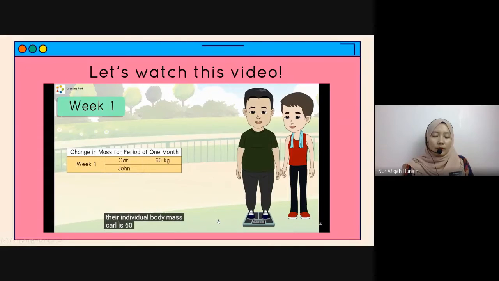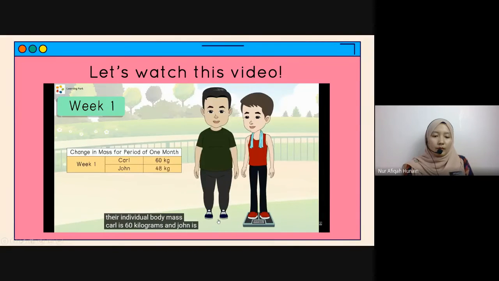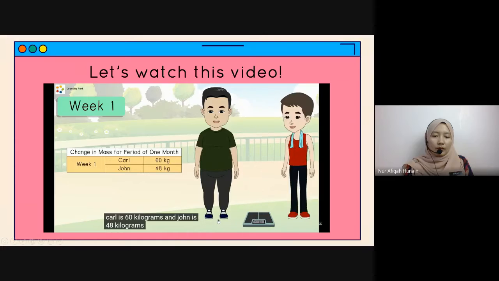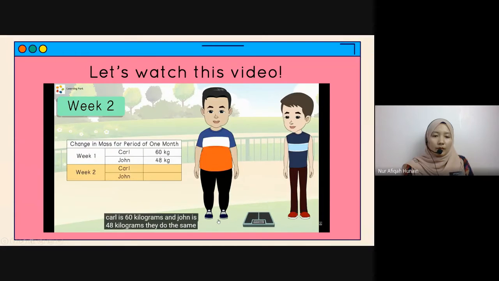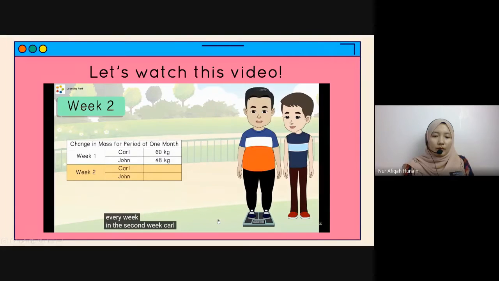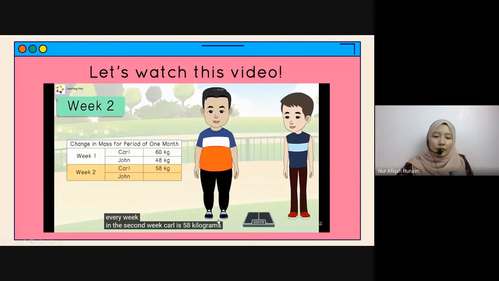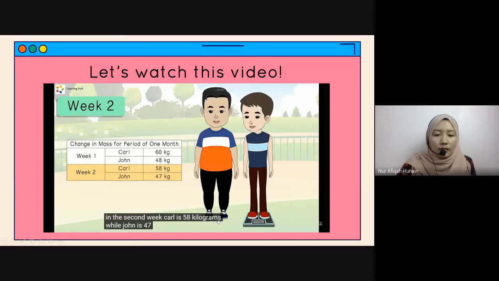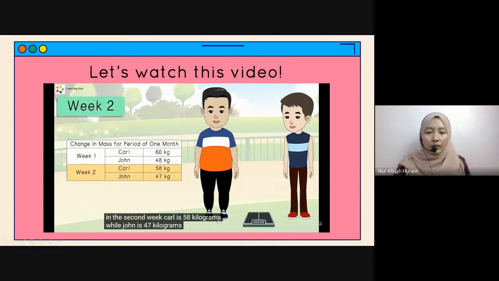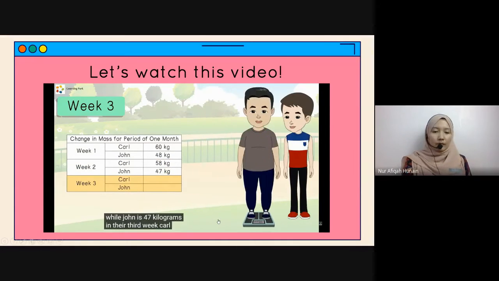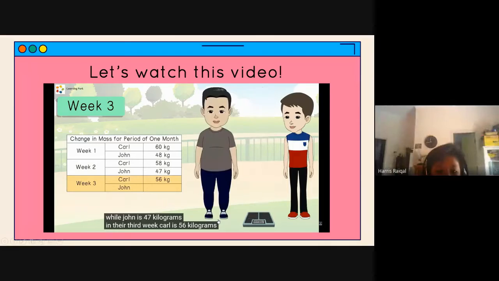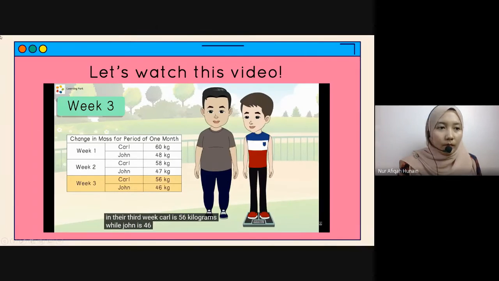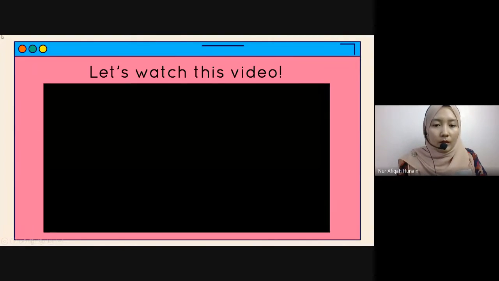Carl is 60 kilograms, and John is 48 kilograms. They do the same every day and record their body mass every week. In the second week, Carl is 58 kilograms, while John is 47 kilograms. In their third week, Carl is 5